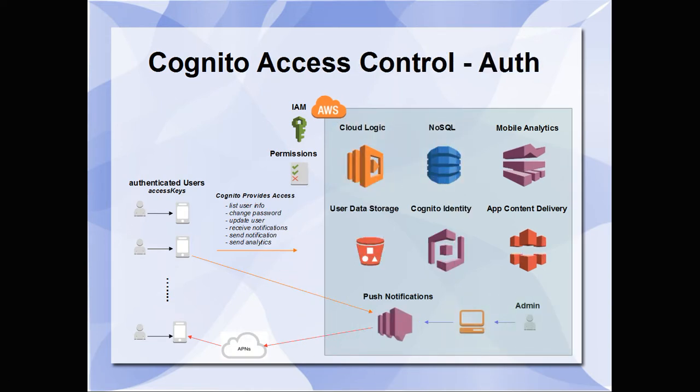Now, for the authenticated user, it's a little bit different. Here's a situation where I registered, and I got an email saying verify your email. I verified it, and now all of a sudden I'm registered and I go log in. And so at that point, Cognito Identity has given me an access key and a secret access key for my authenticated user, and